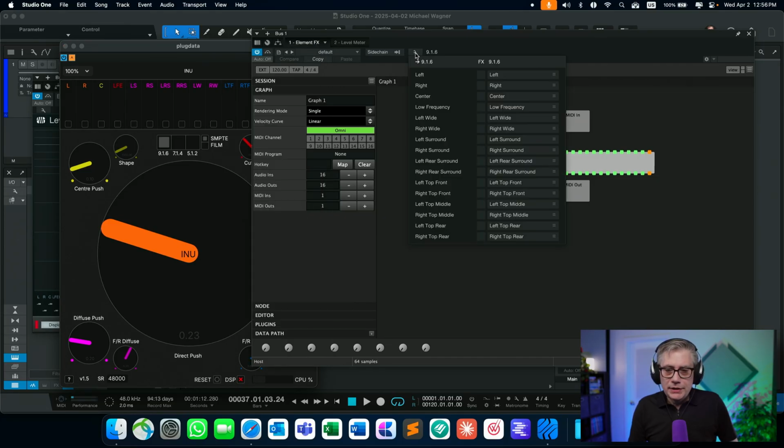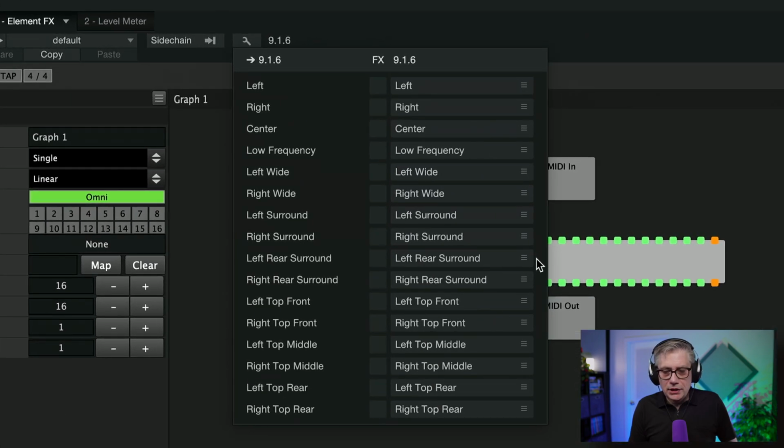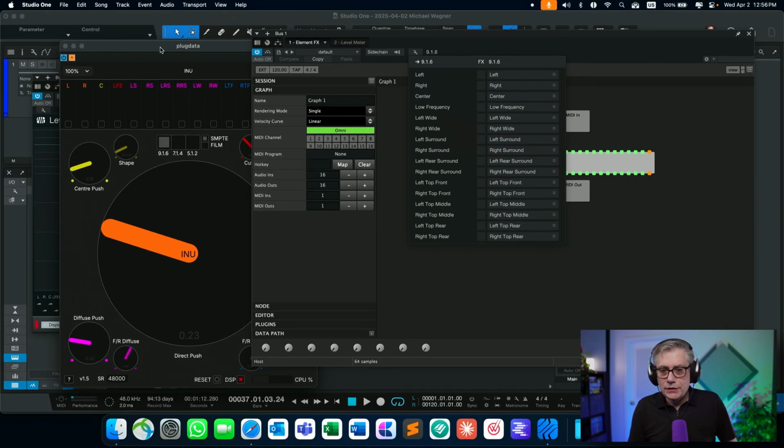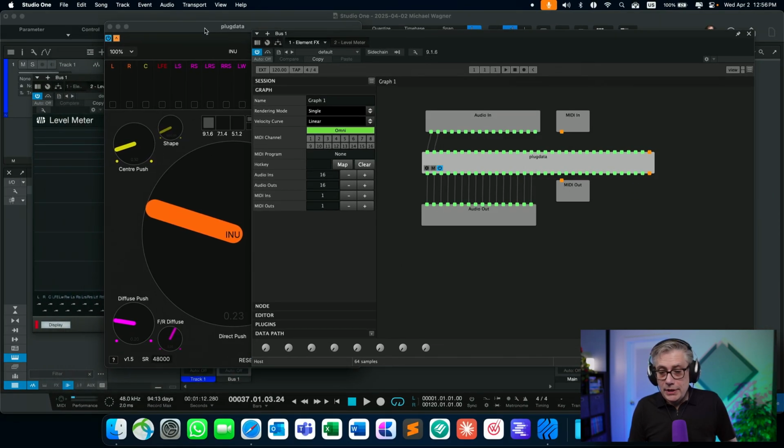Studio One has this nice ability to simply rearrange the channel order, so we can grab those and move them around to make sure that everything matches the way it's supposed to come in. Or we can also change the way these channels are connected. So we would have to go through each one of them and make sure that whatever is shown here in plug data also reaches whatever Studio One expects. And then we would simply save everything into a preset so that we don't have to do that all the time whenever we load that plugin in. And we are set and ready to go.